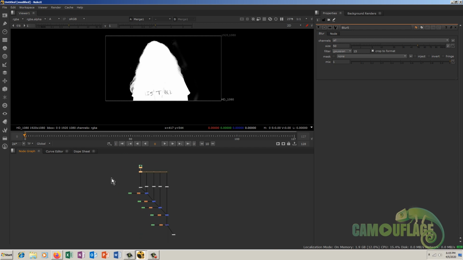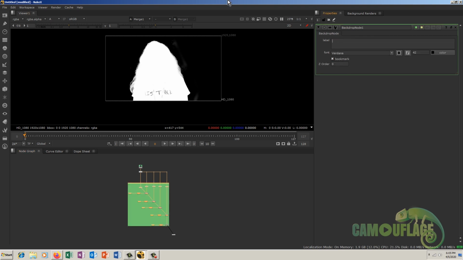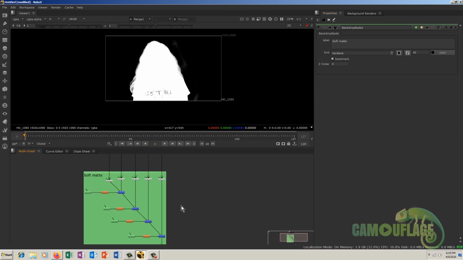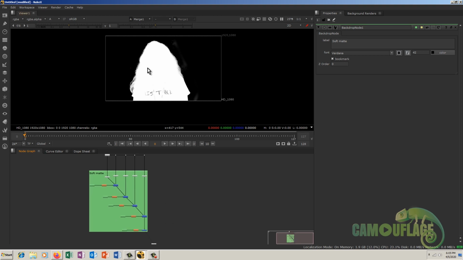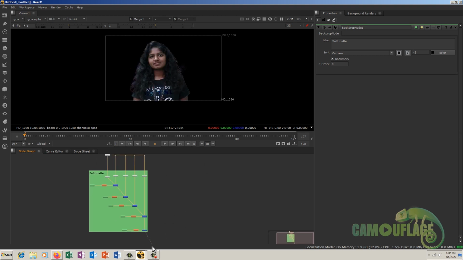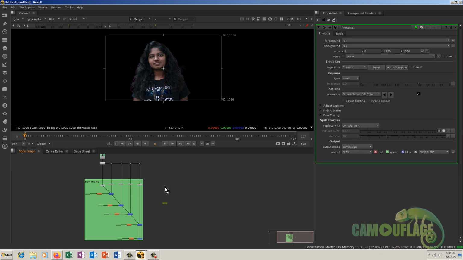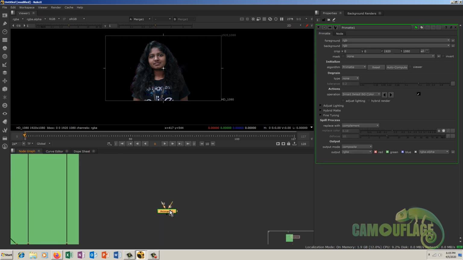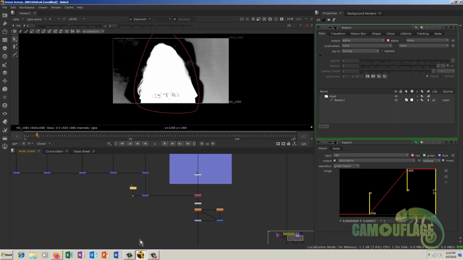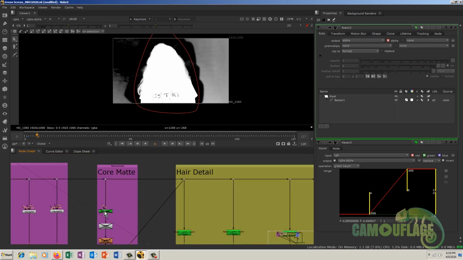move it up, and name it, tab, backdrop, and name it as your soft matte. Got it? So my soft matte has been created, and after this I will take another tab. I'll take another pre-matte. Now this one is very tricky, because this pre-matte thing, though I didn't use it here, I have disabled it, but here I will try to use it,